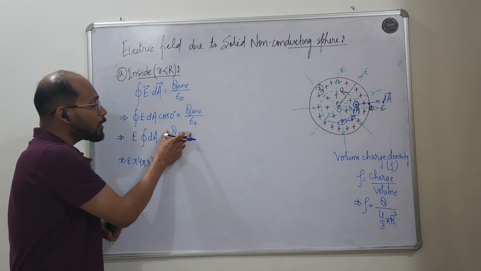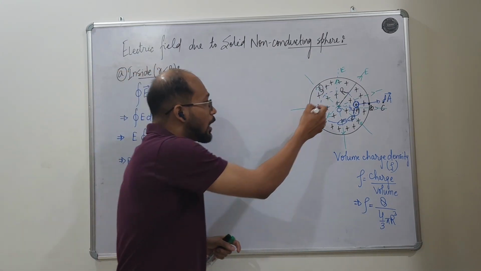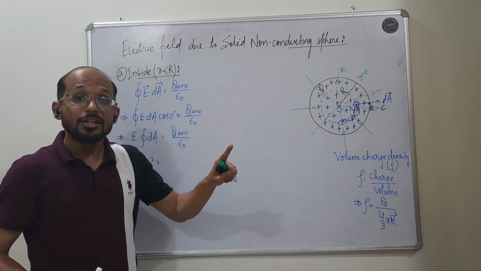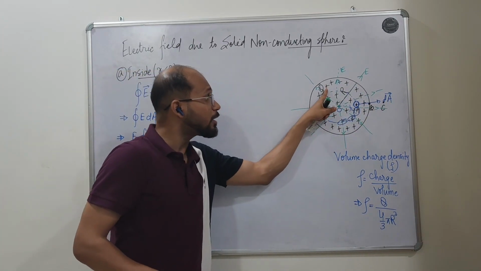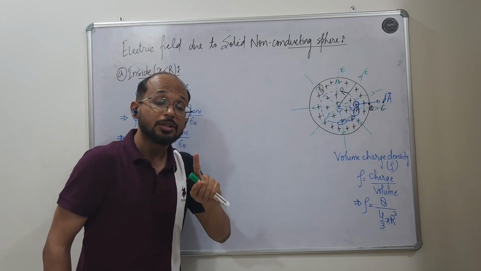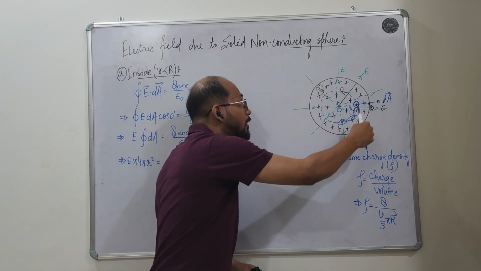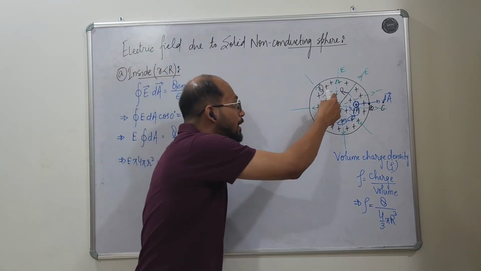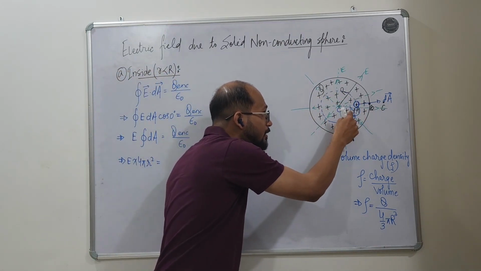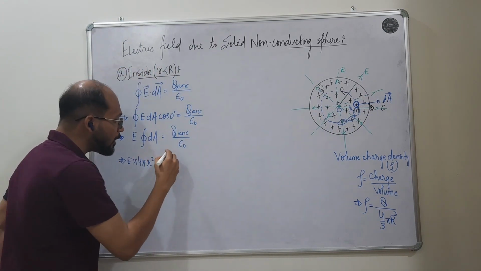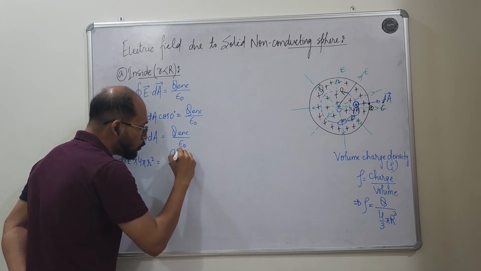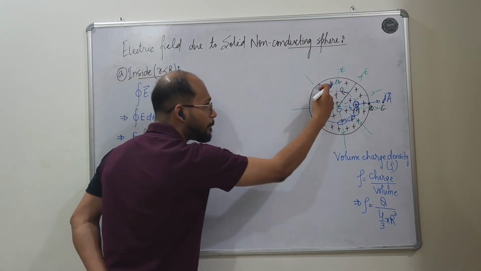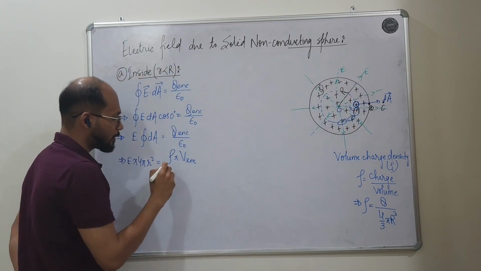Now, the Q enclosed. Q is enclosed within this Gaussian surface. So the total charge enclosed within this Gaussian surface is not capital Q. Capital Q is the total charge enclosed within this sphere of radius capital R. But we are talking about the total charge enclosed within this Gaussian surface of radius small r. So that will be rho into the volume of the Gaussian surface,